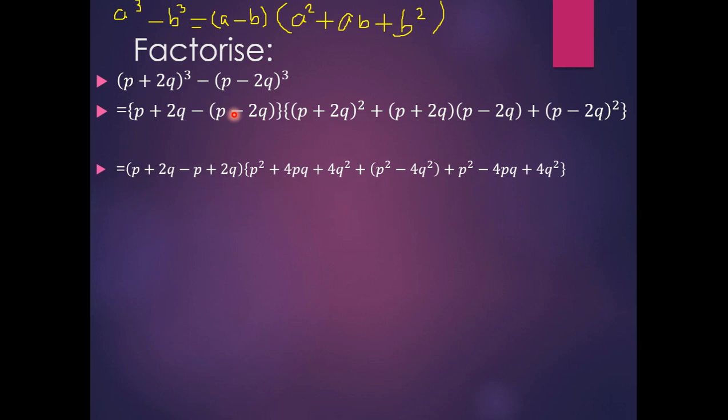So this minus times minus plus twice Q. We are using the A plus P whole square formula. A square plus 2 times P times twice Q, that will be 4PQ, plus B square, 2Q whole square, 4Q square, plus it is just like a plus b, a minus b. Our formula for a plus b, a minus b is a square minus b square. So in place of a we have p, so p square minus, from the formula, in place of b we have twice q.